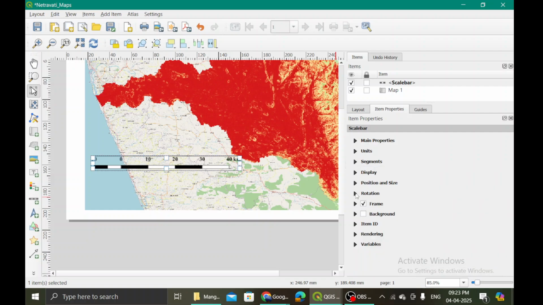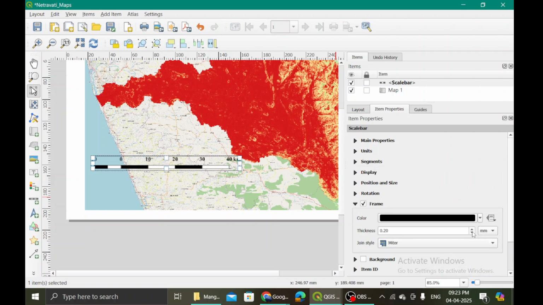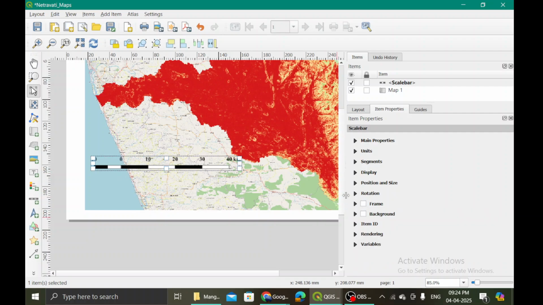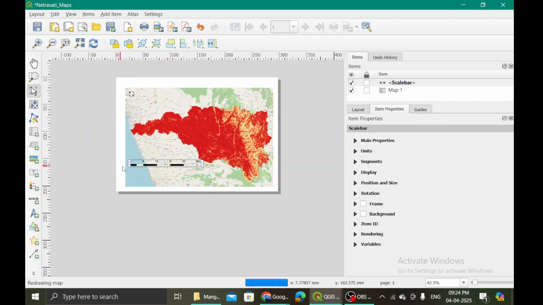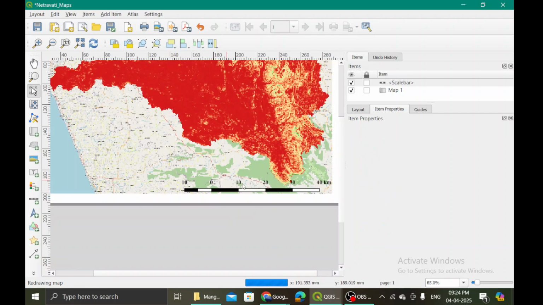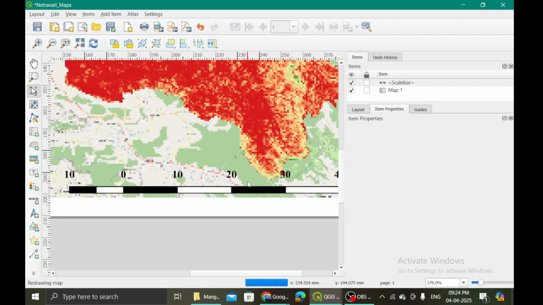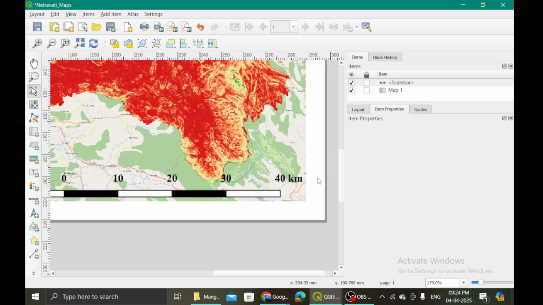or should I again just drop all this, okay. And then if you want to change the color of this frame, everything you can do, but then for now I will not choose this frame. And preferably keep your scale bar towards the lower right hand corner, that is where it has to be tucked, right? So this is how it will look.